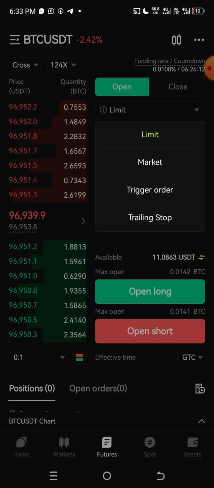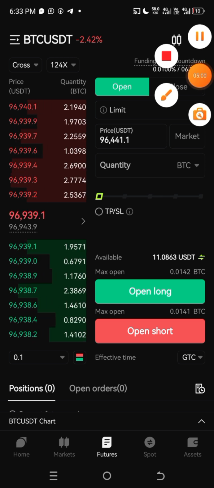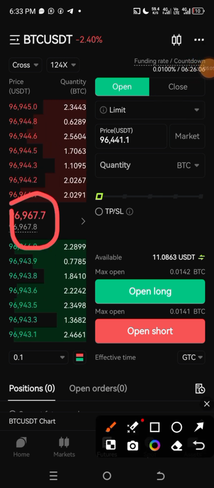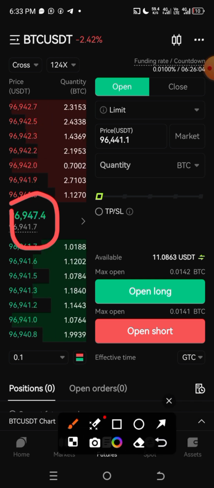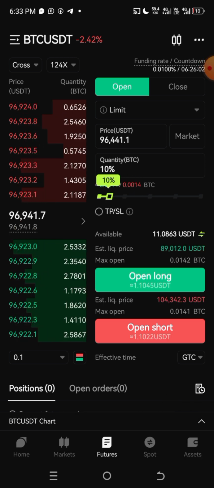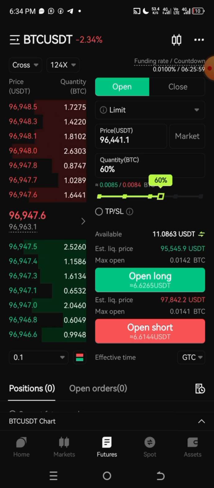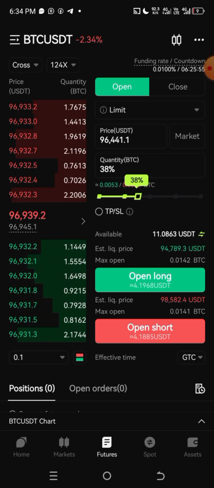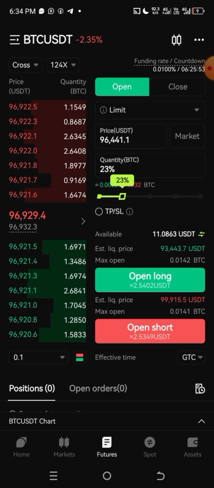Market price meaning I want to enter at the current market price, which is this. That's the current market price. So all I would simply do is just drag this cursor here. Drag this to how many percent I want to buy or sell with. So if I'm buying with 25%,